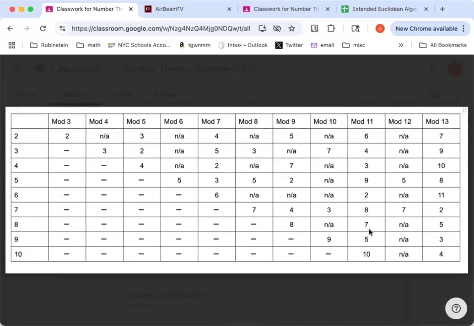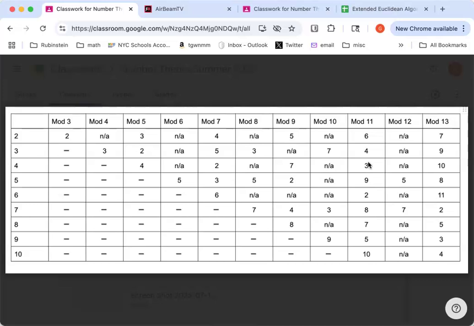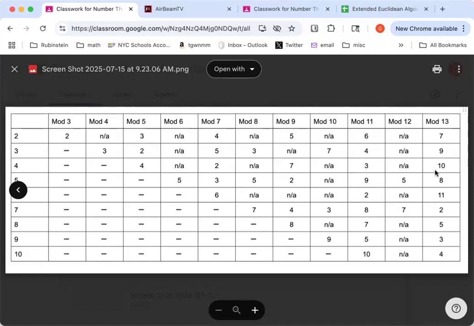Basically, they come in pairs, like 2 goes with 6 and 6 goes with 2, but every single number gets represented, and that's kind of neat. Every number has a unique answer. There's no repeats in column 11. There's no repeats in column 13. All numbers from 2 to